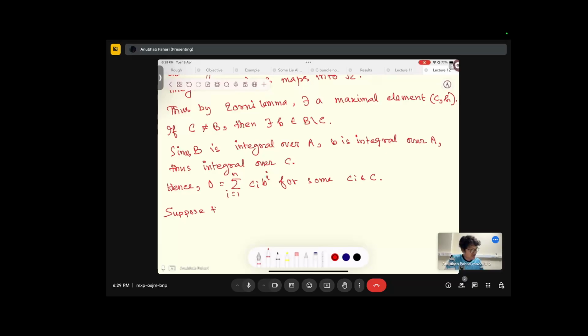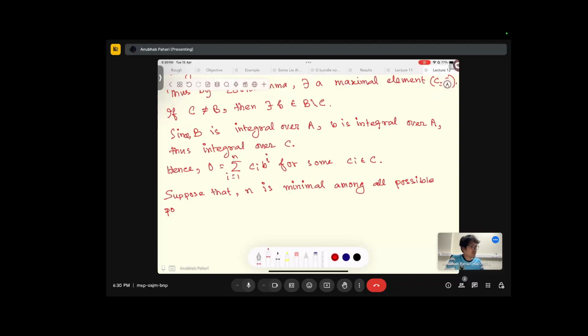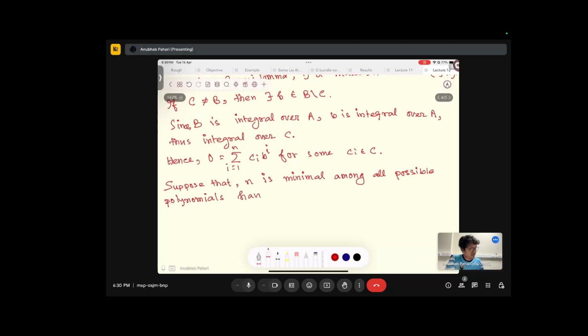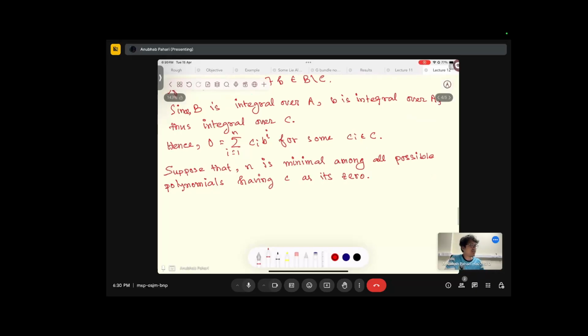Suppose that n is minimal among all possible polynomials having b as its 0, then phi of x equals the sum from i equals 1 to n of h of ci x to the power i, omega x